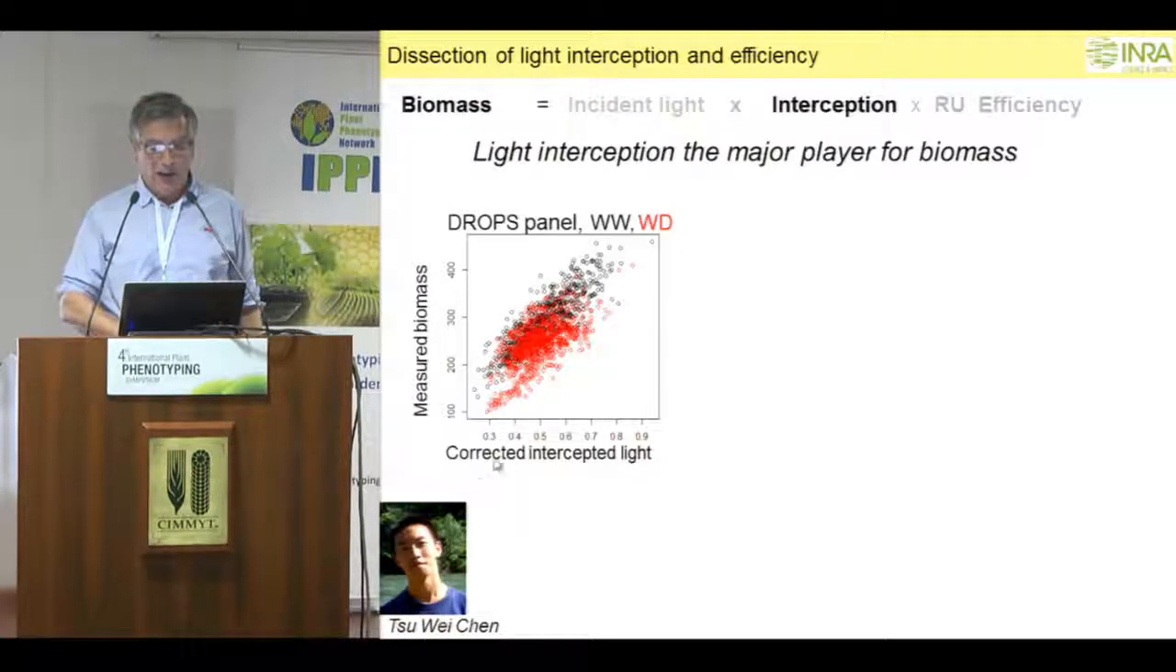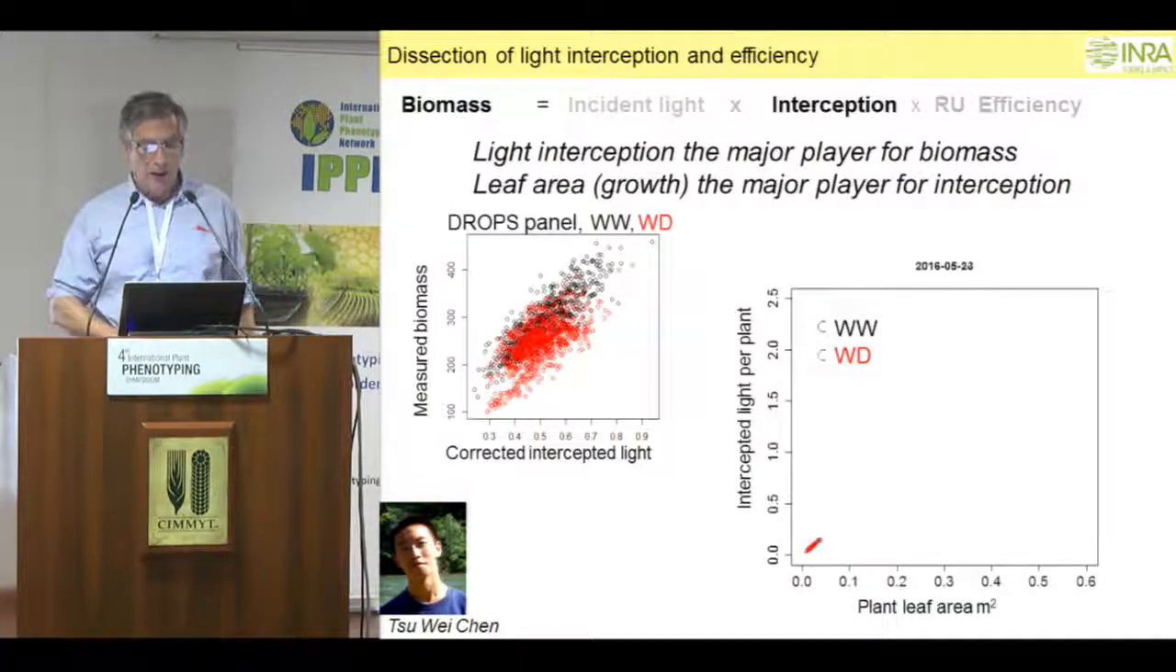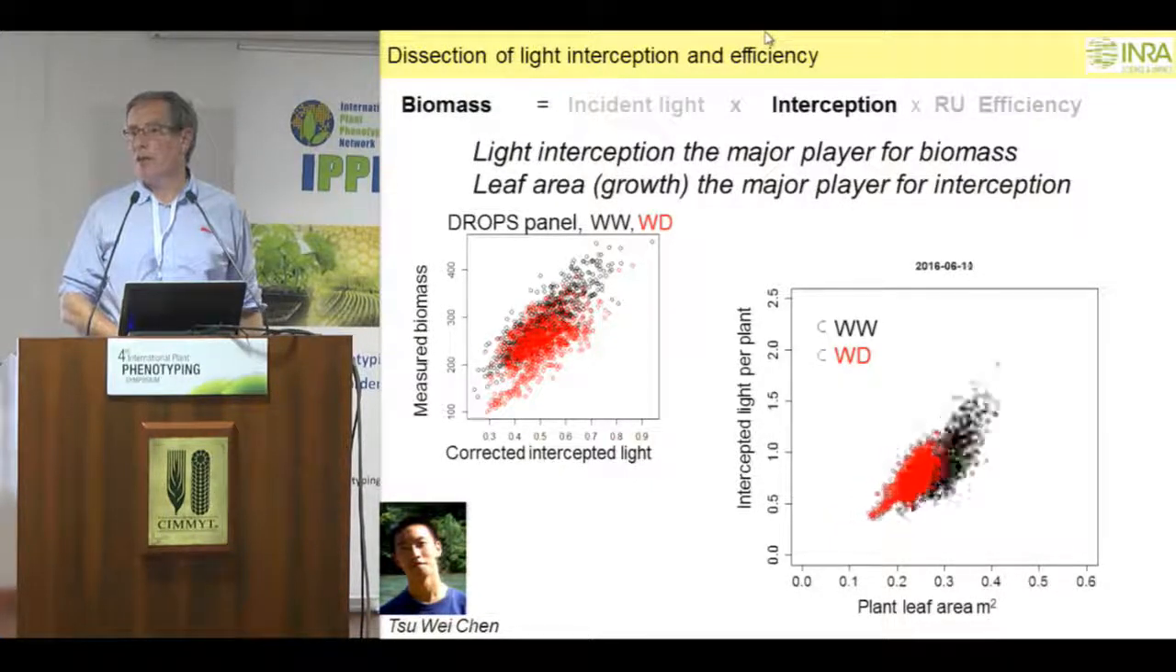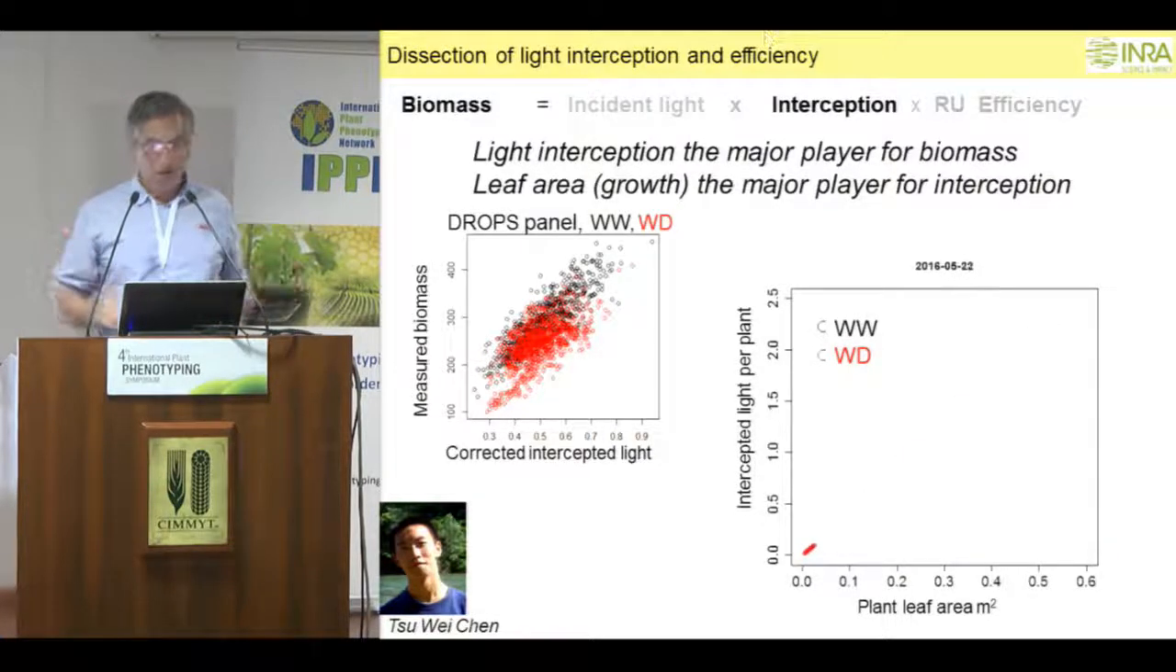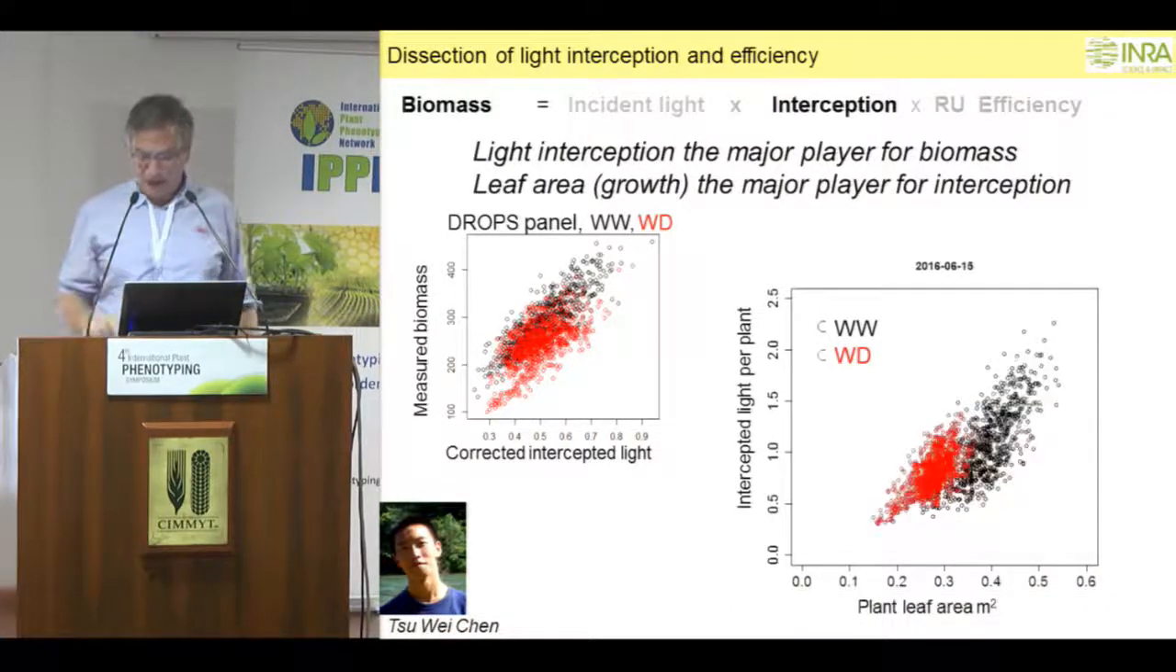If you have here corrected intercepted light and measured biomass, the correlation is not perfect, but if you see the correlation with radiation use efficiency, you would see something like that. Inside that, the leaf area, so just leaf growth, is really the major player for interception. Of course, we have architecture, etc. But if we look here at the leaf area per plant and intercepted light per plant, at the beginning it correlates very well. So this is time. You have a perfect correlation, and only at the end you have some deviation